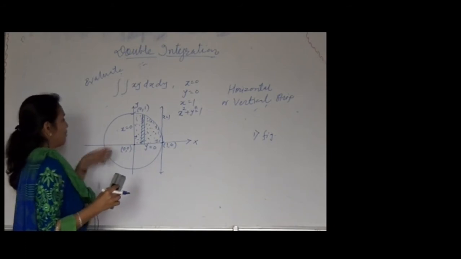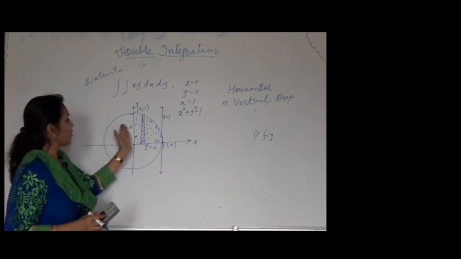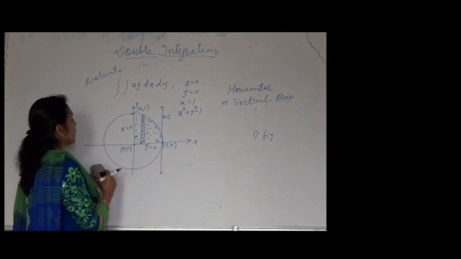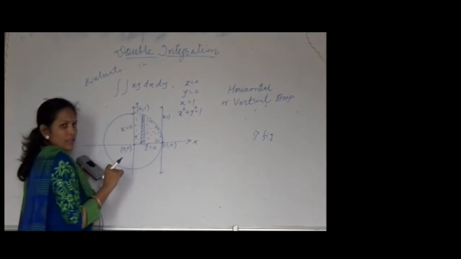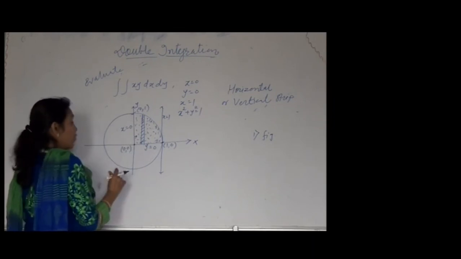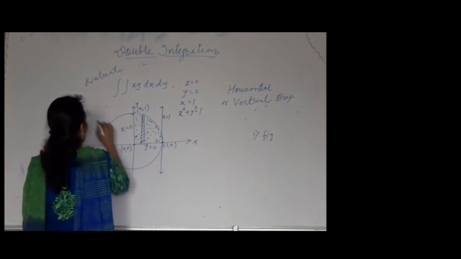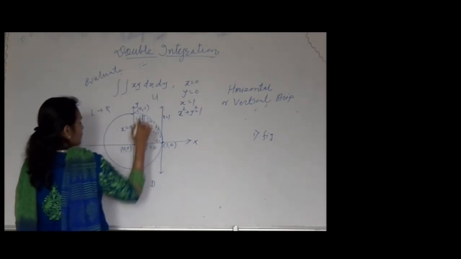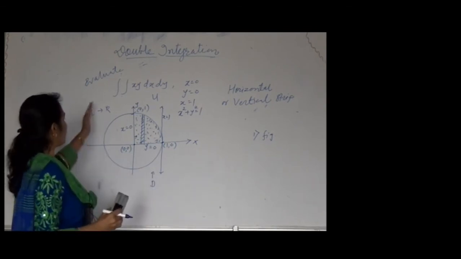How to remember? If I draw the vertical strip, how to take the limits? If I draw the horizontal strip parallel to the x axis, how to check the limits? Suppose the vertical strip is drawn. First you have to remember the vertical axis is the y axis, so let's think about y first and then x. There are some rules for taking the limits. Limits are always taken left to right and downward to upward. So we have to remember these two rules: downward to upward, left to right.